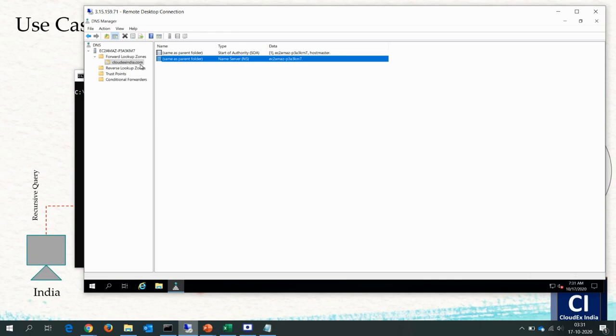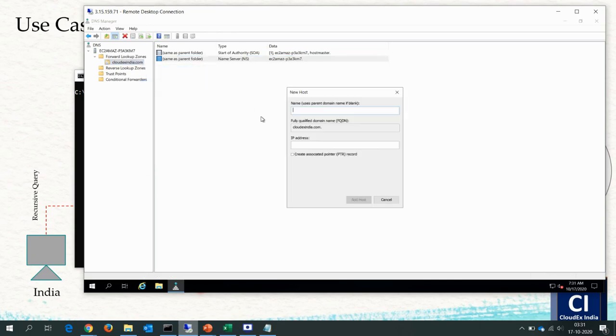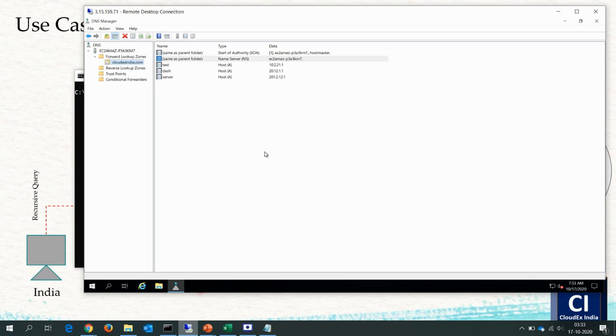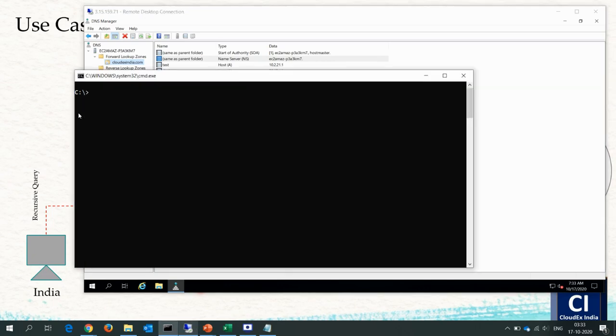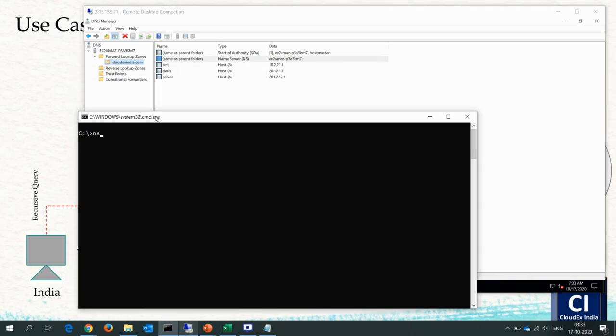Okay, so let's do one thing. Let's create some records over here. Right click on your zone, create a record like test, give the IP address, and create a few more records. So I have created three records over here, test, dash and server, under this cloudxindia.com. Before going ahead, let's see whether this name is getting resolved from your client system or not. So what you have to do is an nslookup,